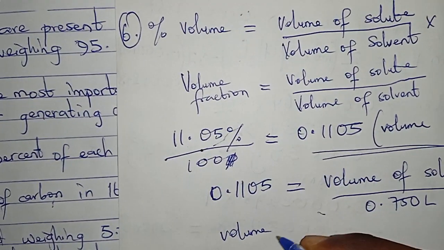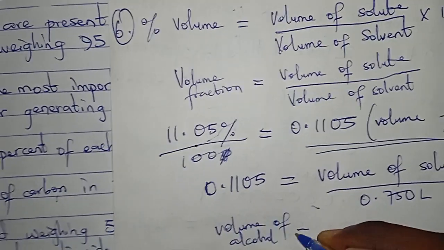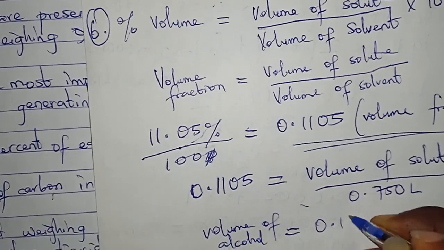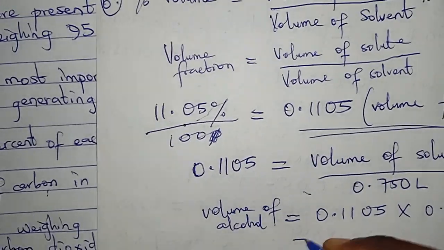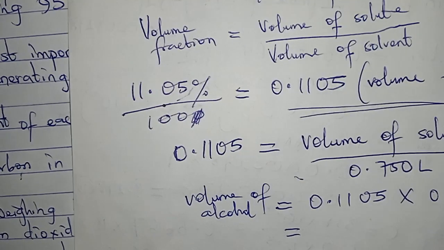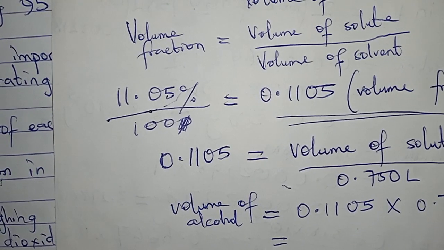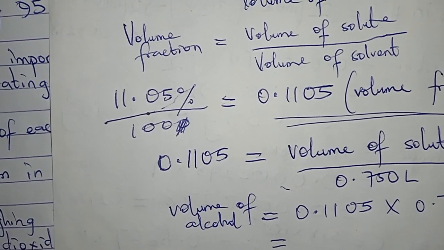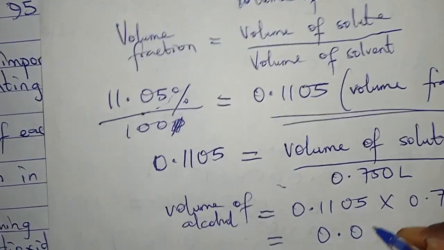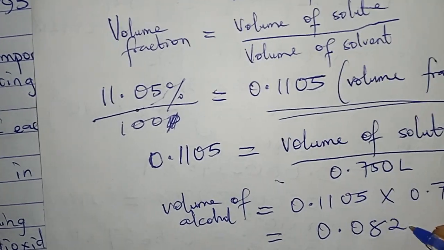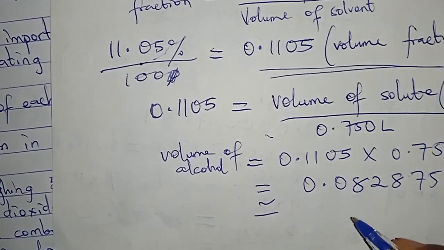So by the time I make volume of solute the subject of the formula, this becomes volume of alcohol. I'm always rushing because of my timer. So volume of alcohol is equal to 0.1105 times 0.750, which is approximately 0.082875